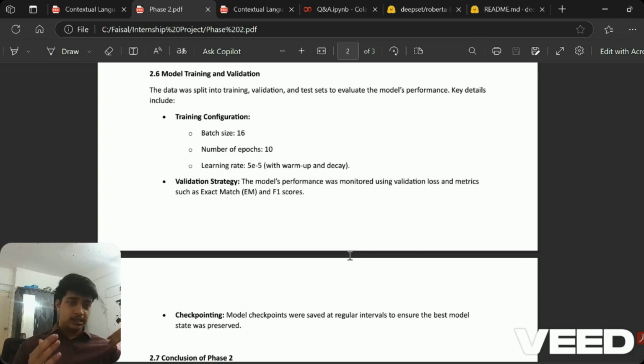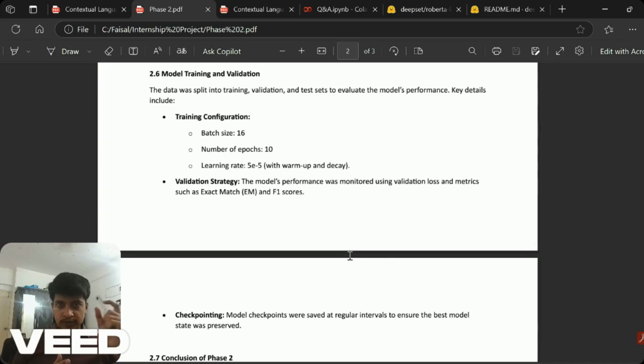The SQuAD dataset is huge. It has so many rows, I don't know, some 300,000, but I'm not sure about it. I can show you the dataset. So we tried running 2 to 3 epochs with a small dataset of about 30,000